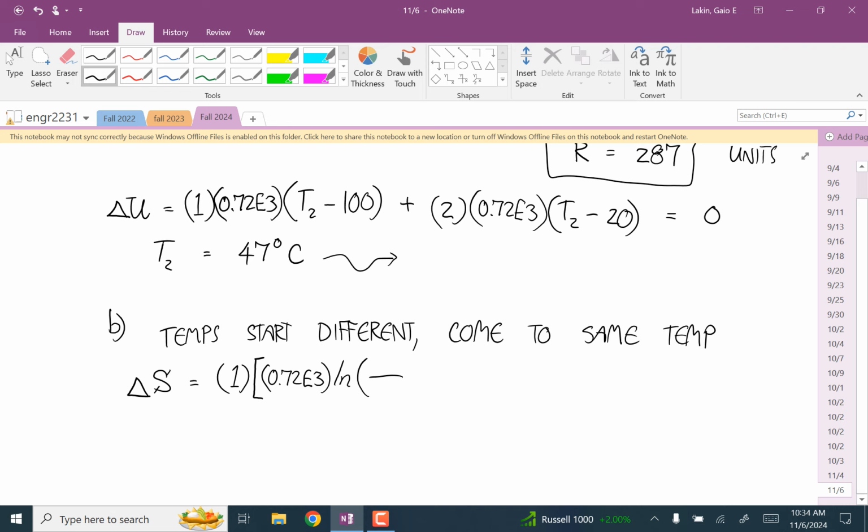Yeah, so this is 320 Kelvin. So natural log of 320 over 100 degrees Celsius, which is 373 Kelvin. And then we're adding to that R, so 287 times the natural log of